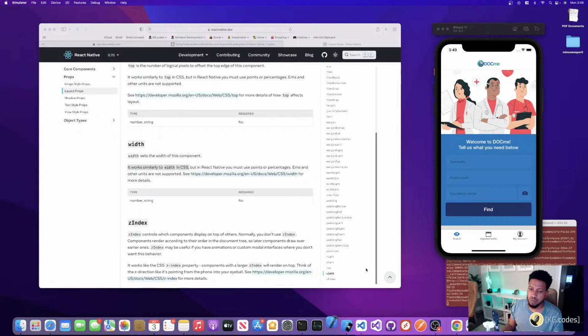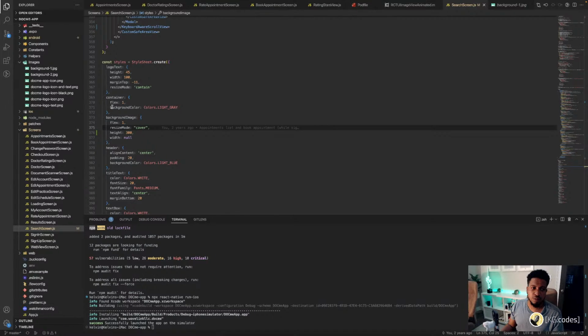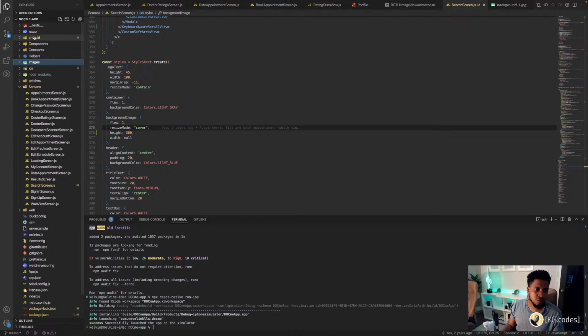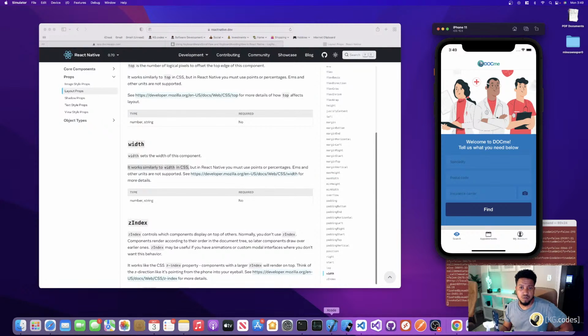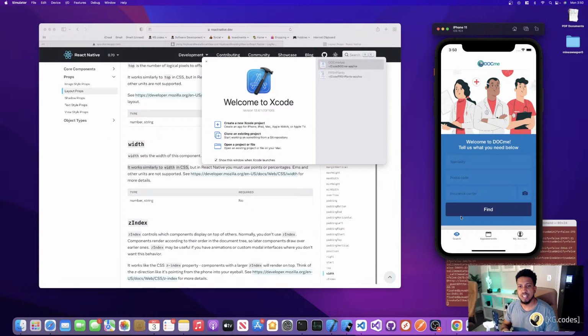Open Xcode. So when you build a React Native project, it's gonna come with an Android folder and an iOS folder. The iOS folder will have a project file in it that Xcode knows how to open. It's an actual Xcode file that comes with your React Native project out of the box. So once Xcode opens, I will be able to build my React Native app through Xcode, just like it was a normal